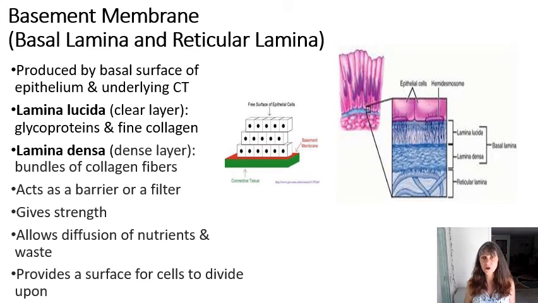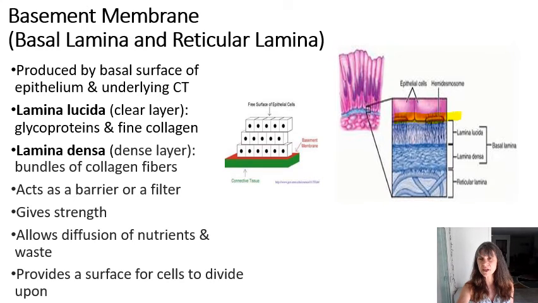As we talked about before, the epithelial cells are going to be attached to a thin non-living layer called the basement membrane. The basement membrane is made up of two layers, and the word lamina means layer. There's a basal lamina and a reticular lamina. Remember, whenever your brain hears the word reticular or reticulum, that is pertaining to a network. The basal lamina is close to the basal surface of the epithelial cells,